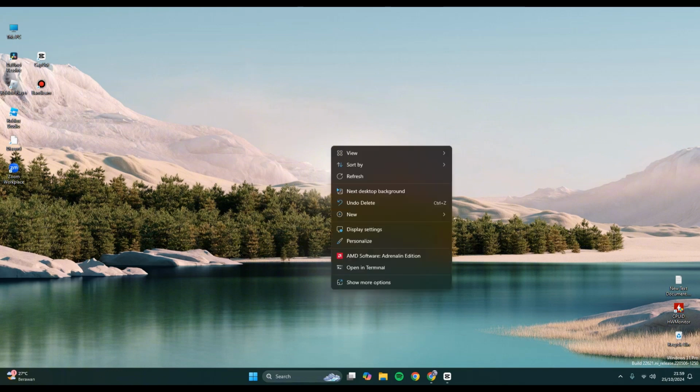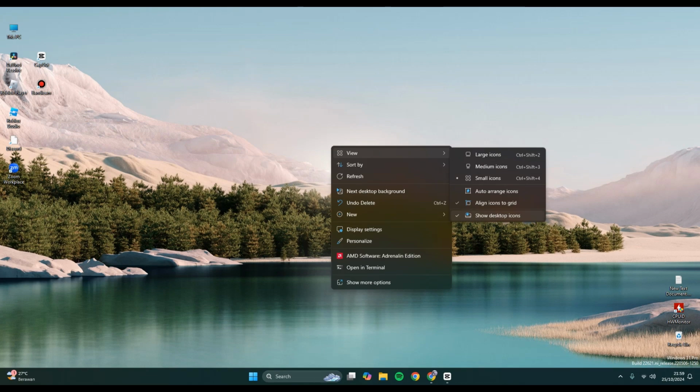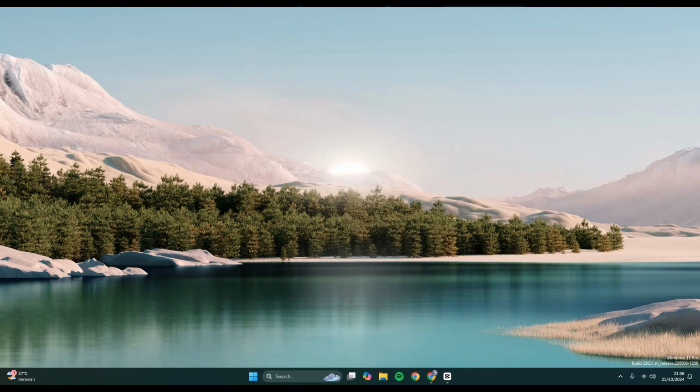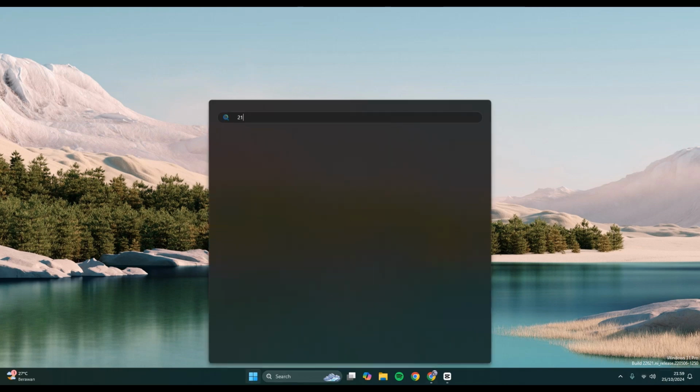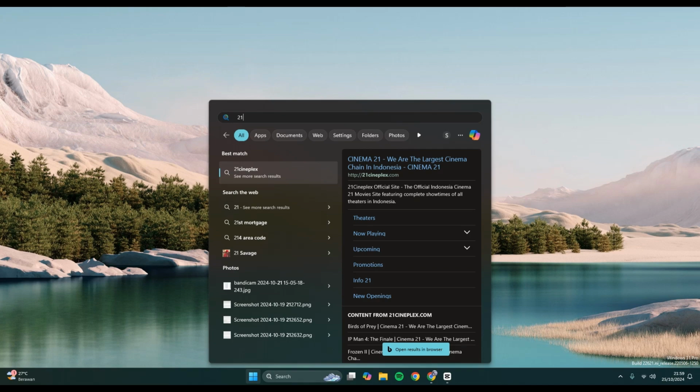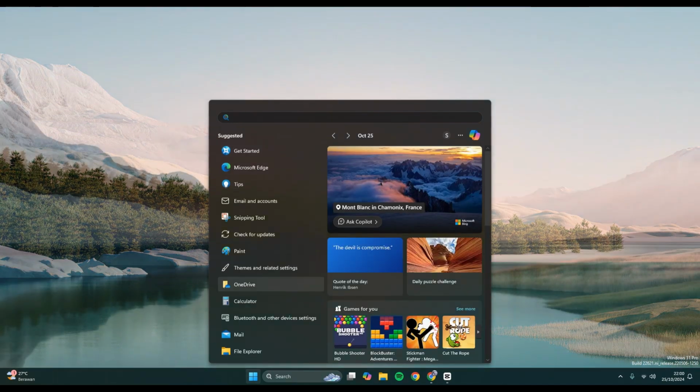You can right click on your desktop and go to view and click on the show desktop icon. Now the app icons will be hidden, and after that you can go to settings, click on this Windows button and go to the settings in here,